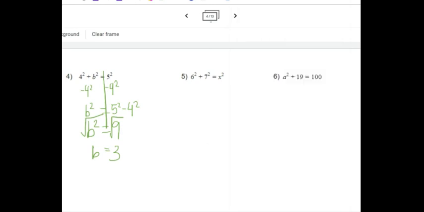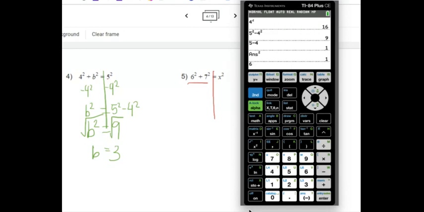For number 5, pause the video and try that on your own. You are solving for x, and x is almost by itself on that side of the equation. So we could just type in 6 squared plus 7 squared on our calculator. That could be the short way we do it. 6 squared plus 7 squared